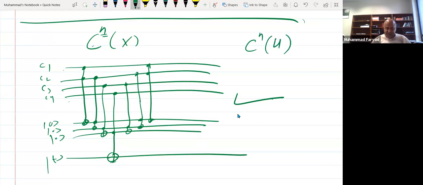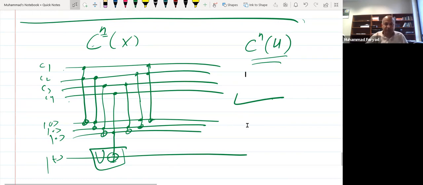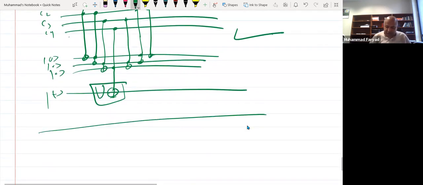Instead of having an X gate here, if you have an arbitrary U gate, using the same logic you can implement this C^n U. All right, so this closes our discussion on oracles, and let me close this one and